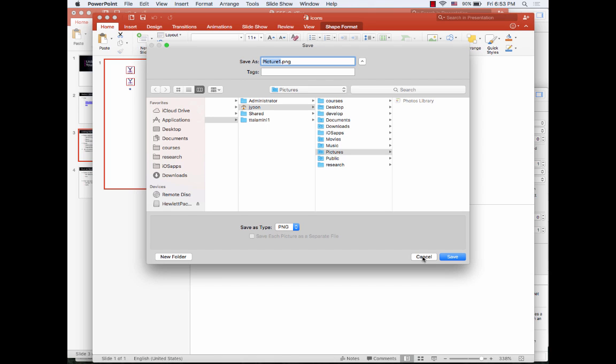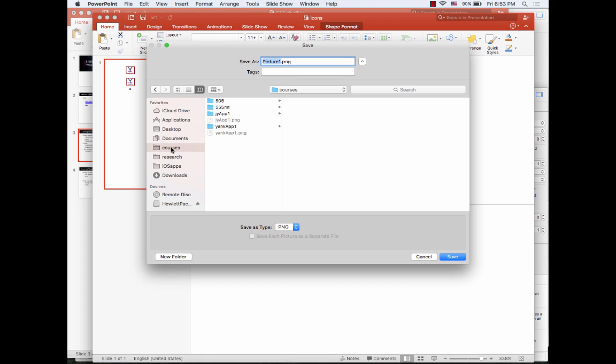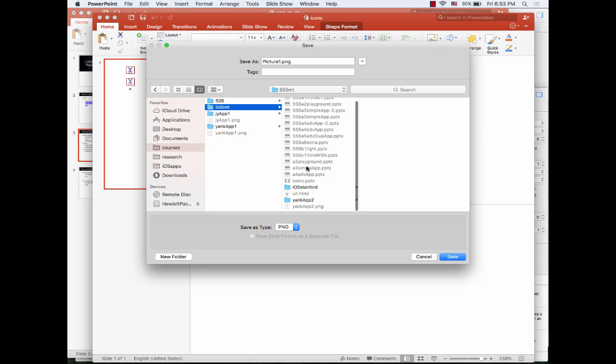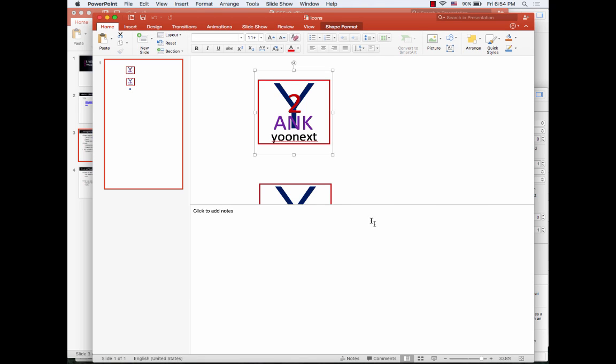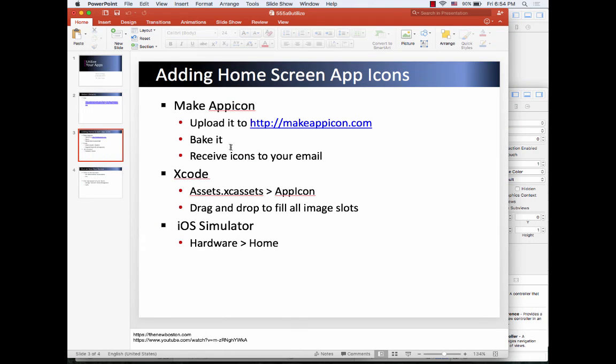I think I saved it somewhere here, and then I have yank app1.png, and then one more recent one here, yank app2.png. So I saved it, and then once I have that, I need to go to